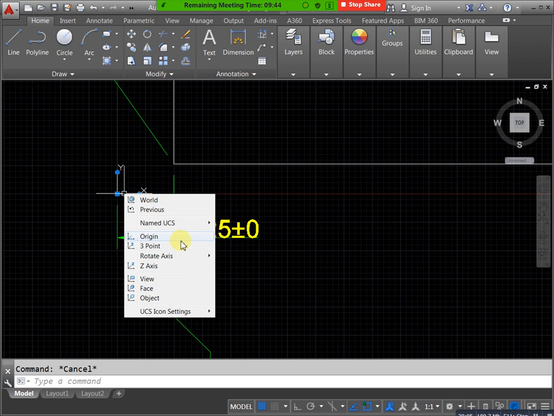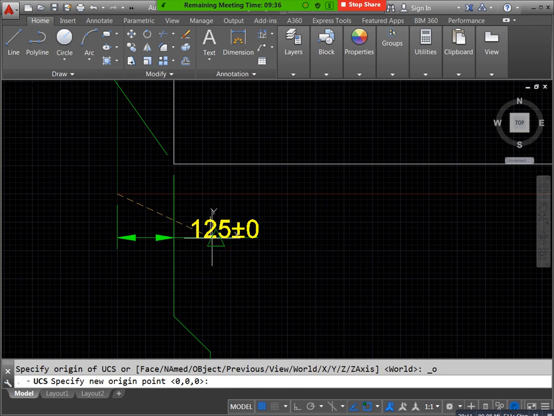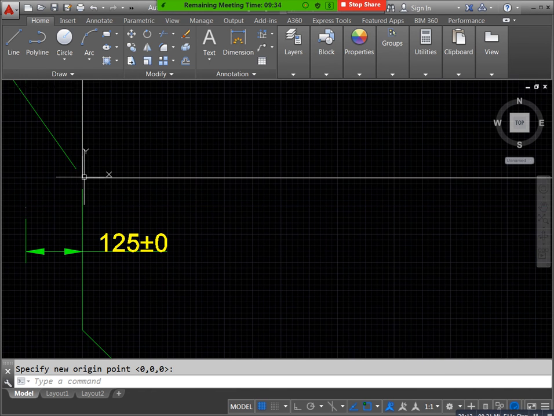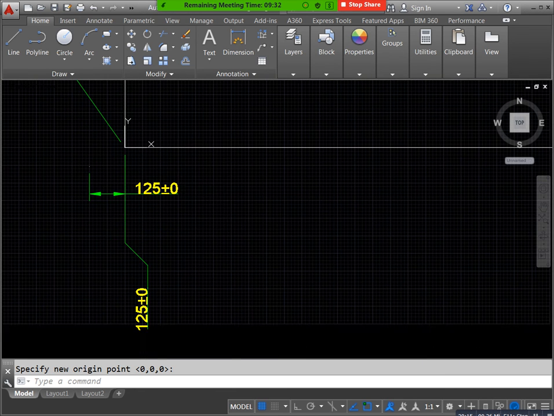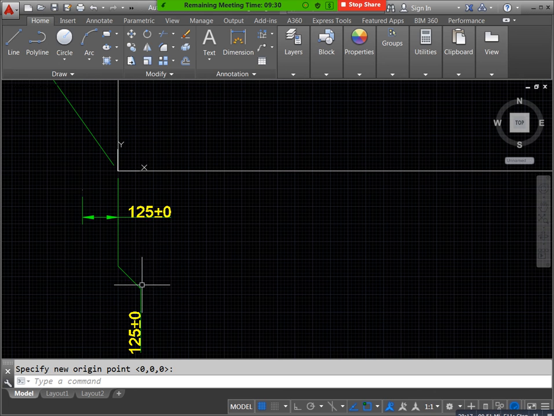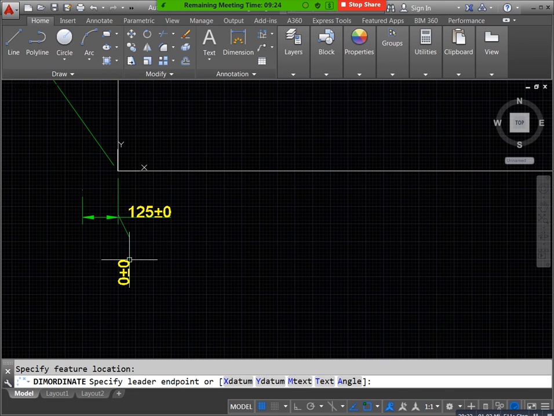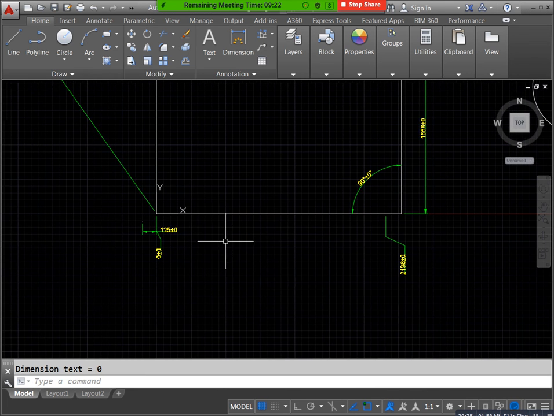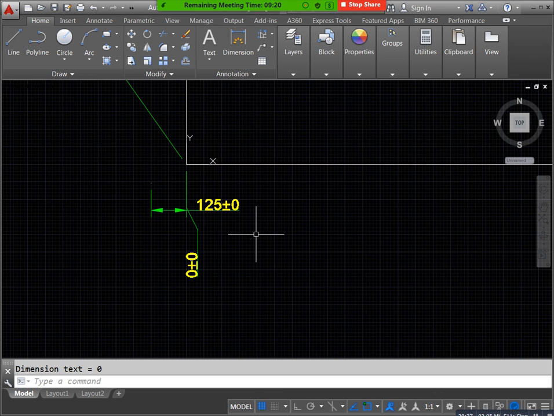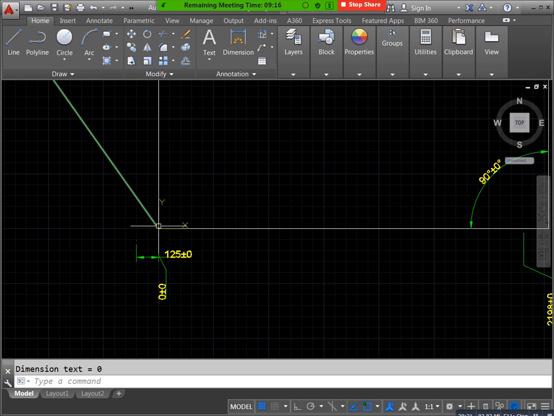Okay, this is also applicable. That is coordinate system changing, UCS we call it. Right click, just here we have origin, you need to change your origin now, just you can select, and where you need your origin you can place that point. For example, you need it here, you can change it here. Now this is our 0. If you need to mention, delete this one, again you can mention your dimension, see 0 0.